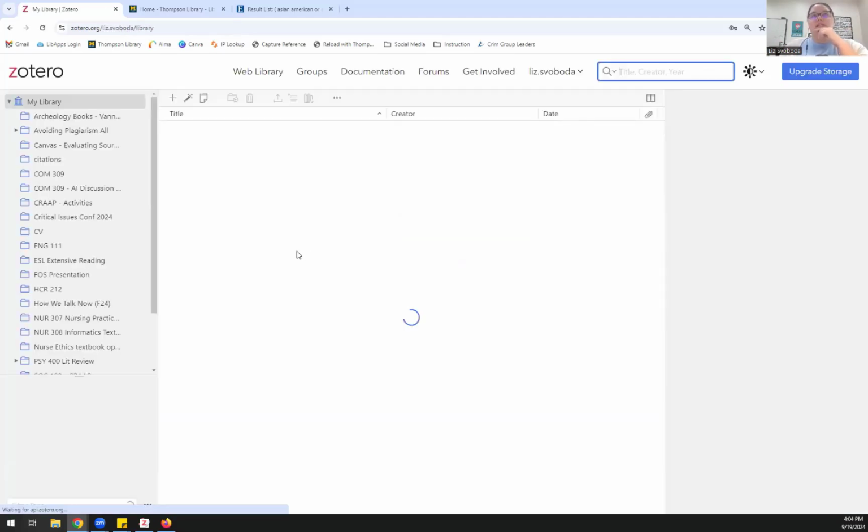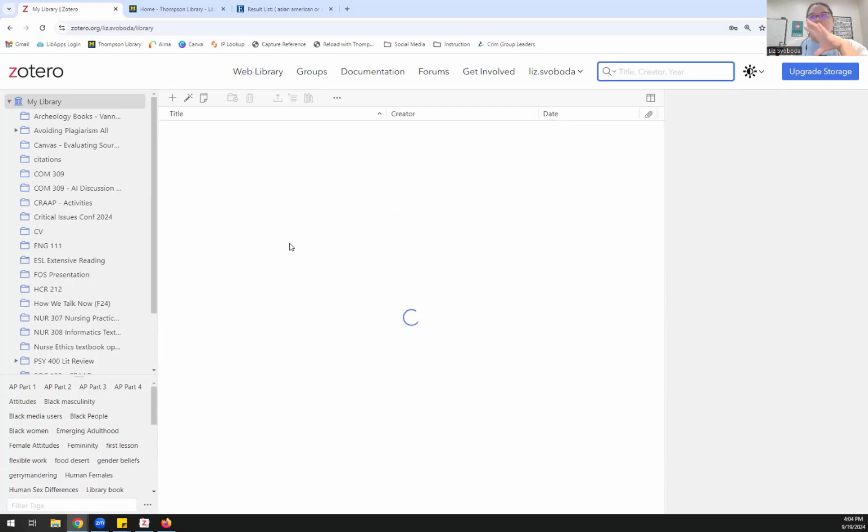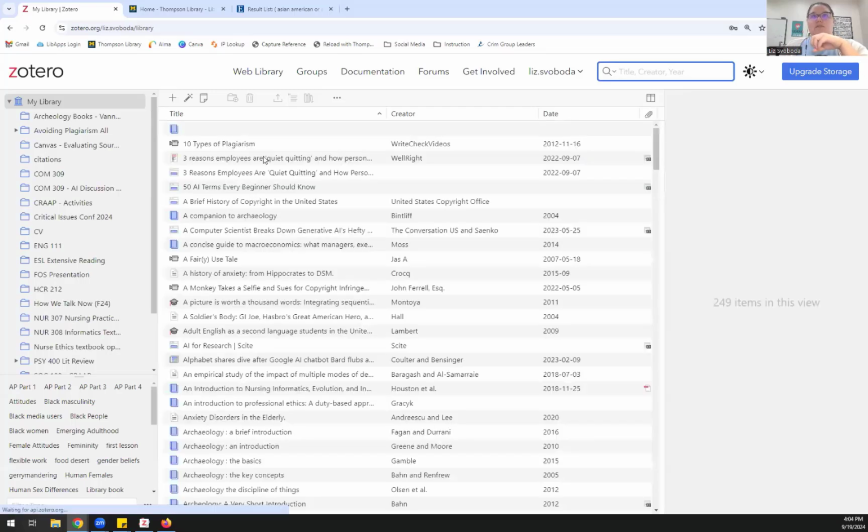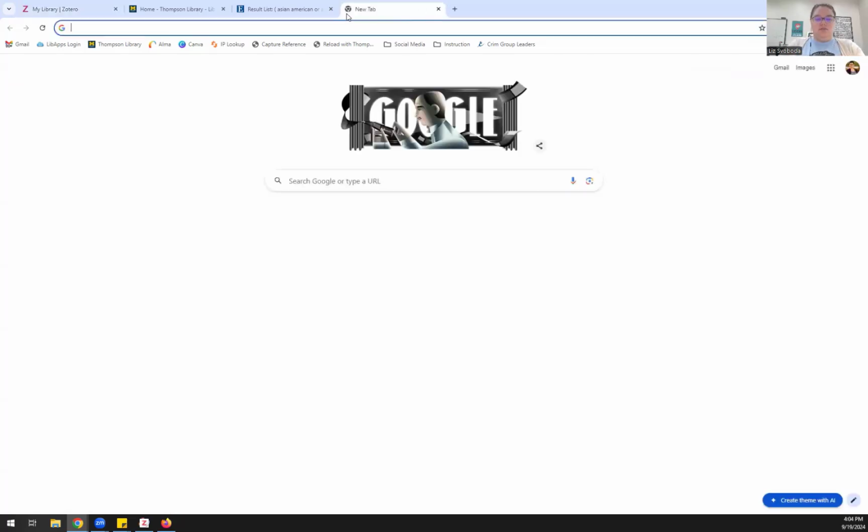All right. So this is the web version of Zotero. This is great if you're just starting out and you have to create an account before you do anything else. However, it is not the only way that you can use Zotero. And actually, the browser extension doesn't really work, and some of the add-ins or plugins to Microsoft Word and Google Docs don't really work unless you have the full downloaded program on your computer as well. So let me go back here to